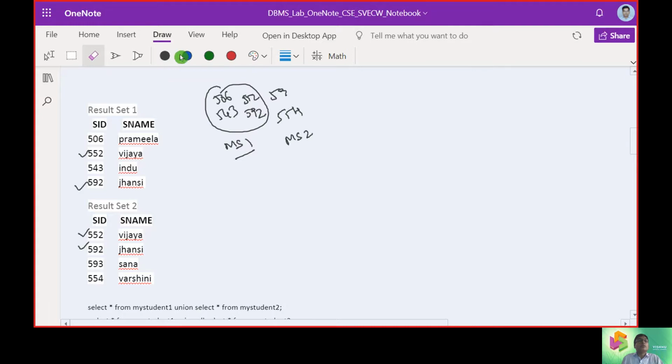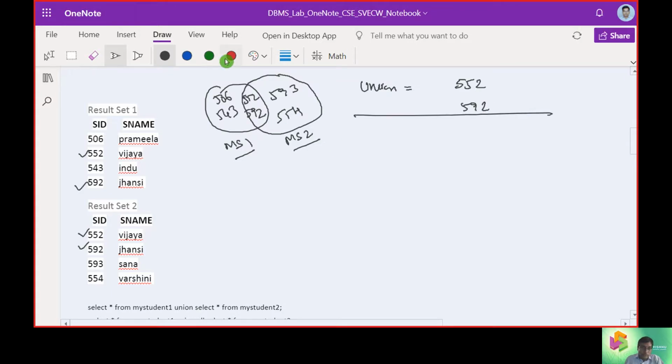So we are drawing up the relation here. It is 593. It is 593 here. Now we are mentioning the union operator. When we use the union operator, we can say 552 and 592 should arise, because this is the common area.